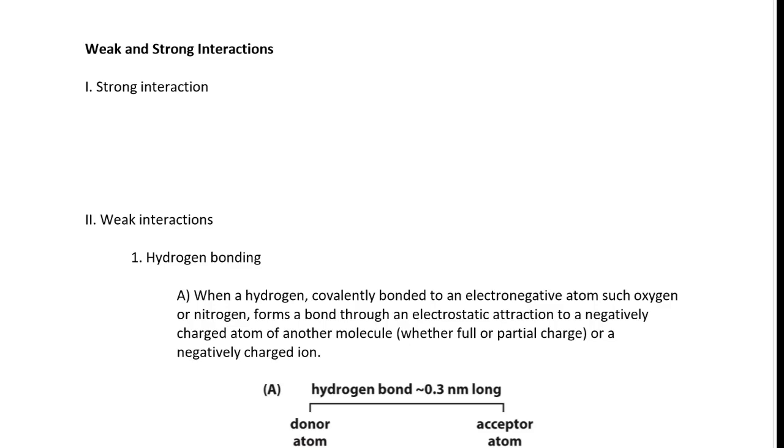Okay, continuing with this section, talk about weak and strong interactions. So strong interactions, there's only one, and that is a covalent bond. So covalent bonds are strong interactions. So the only way to form a new strong interaction is by a chemical reaction where a covalent bond is